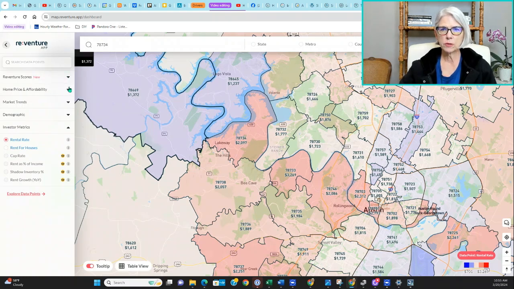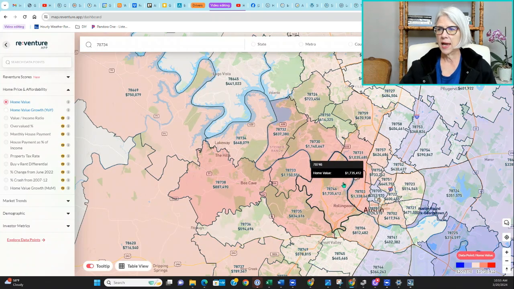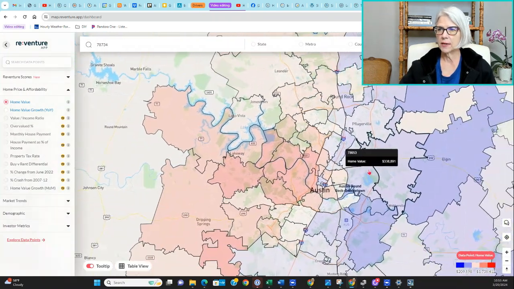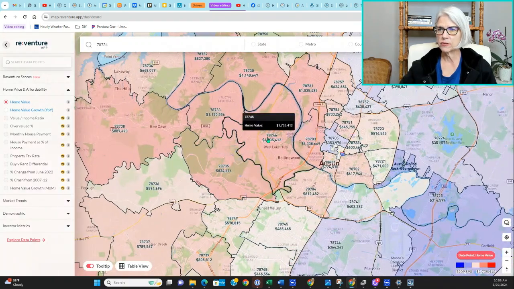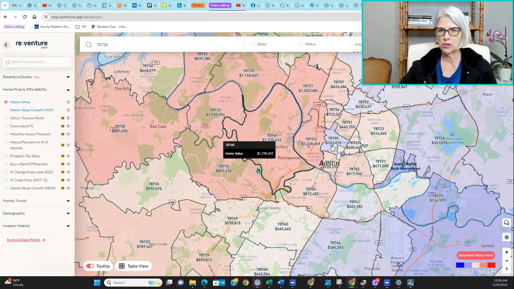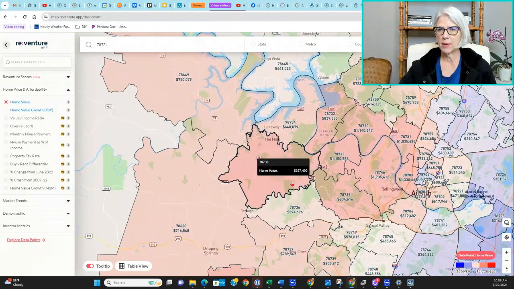All right, now let me show you. When you first enter, you're going to be at home value, and that is this screen here. And you can see, again, we've got all the different zip codes, and it shows the home price. I'm not sure, it's some type of average. I don't want to use the word median. I'm not sure exactly what type of average it is, but it's an average for that area. And we can see Lakeway, the average, for example, is $648,000.